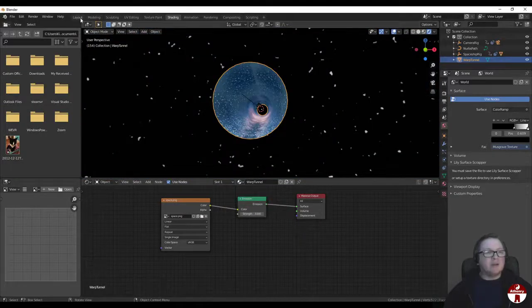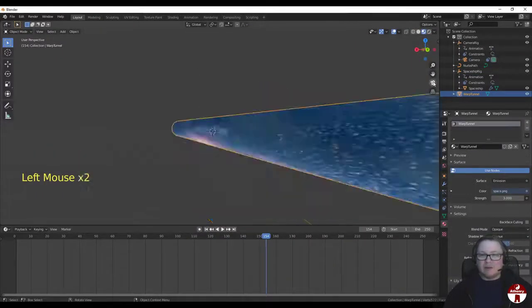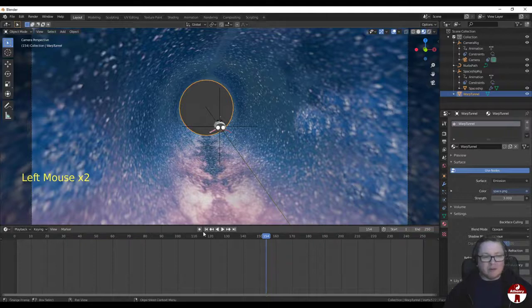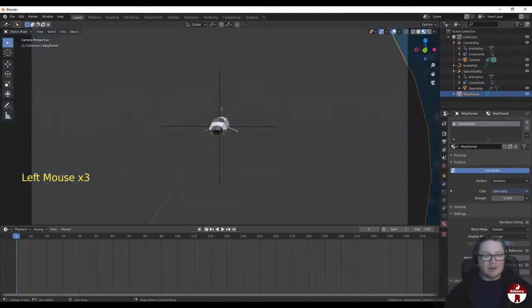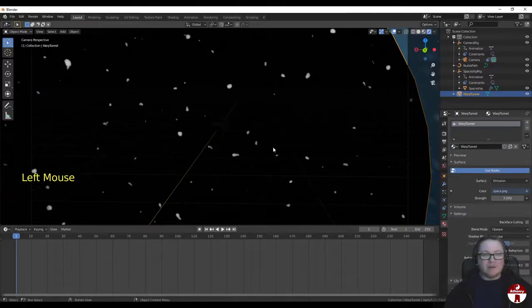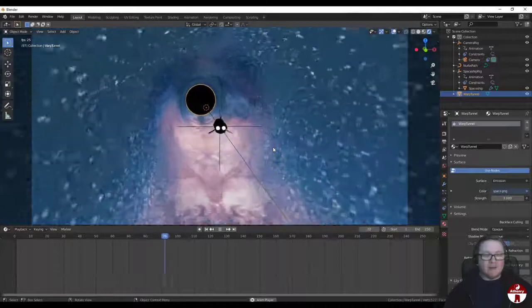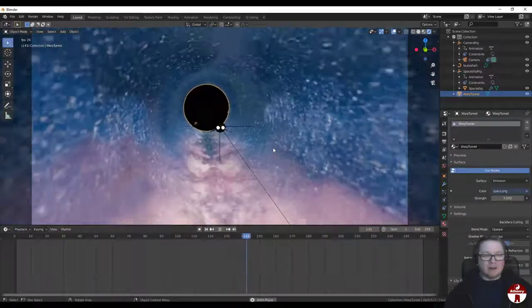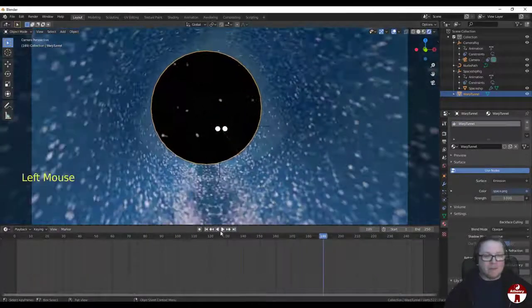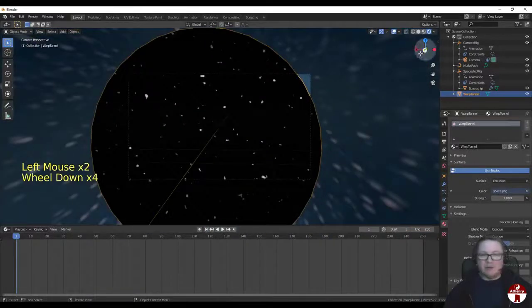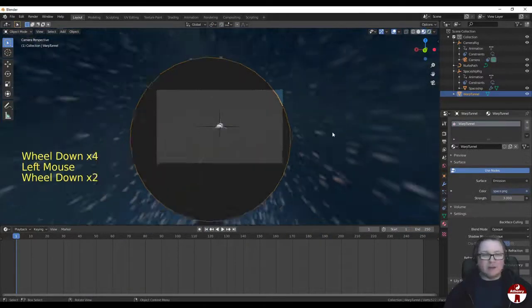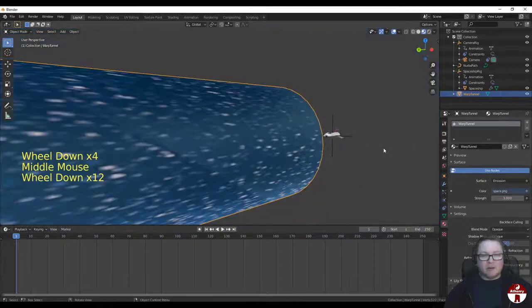So let's go back now to layout, and let's snap to the camera, and let's rewind there by clicking on the back button. And let's go to rendered view, and let's hit play, and let's see what happens. Okay, nice, except there's still nothing to light up our little spaceship. Now, we're going to put a sun. I'm going to switch back to this again so I can see things. So we're going to put a sun in,